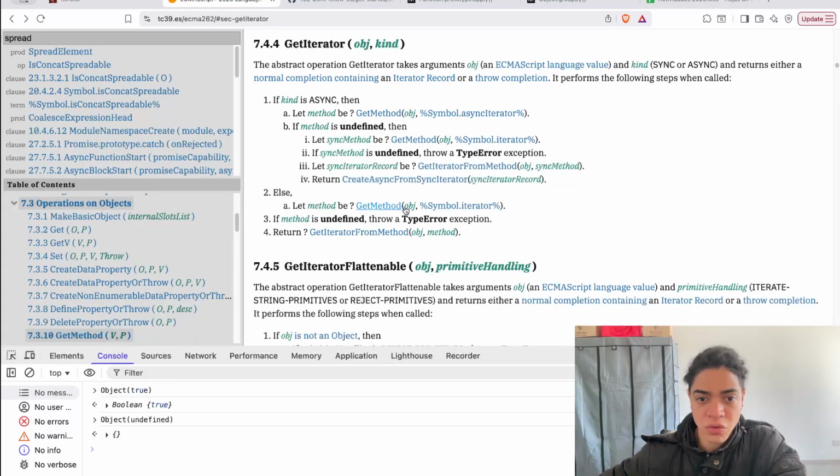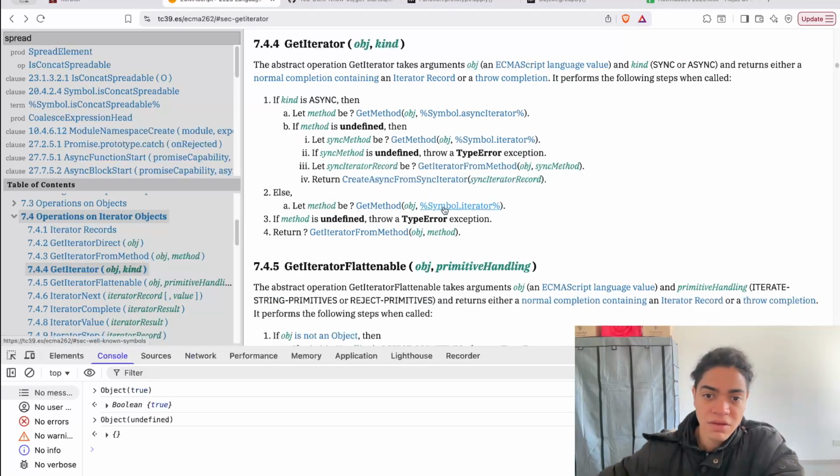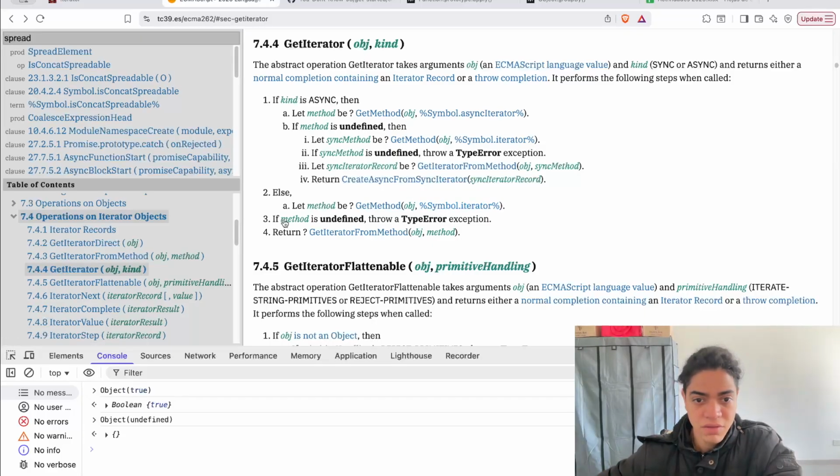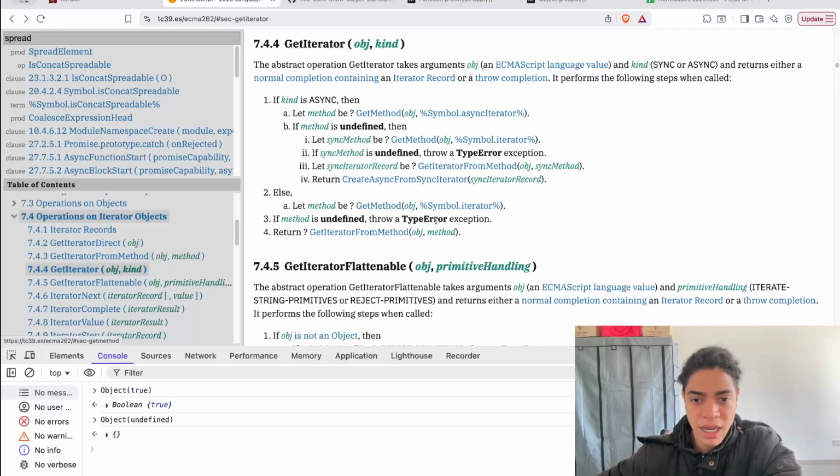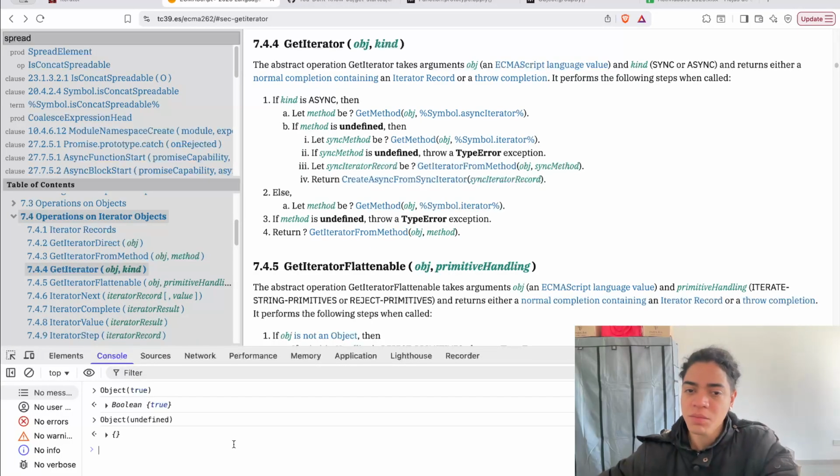Okay, so I'm going to look at that object. If that contains now is the symbol iterator. If the method is undefined, throw a type error exception and return a get iterator from methods. And that's quite interesting to me, because when it